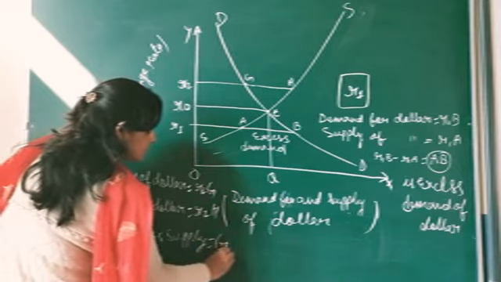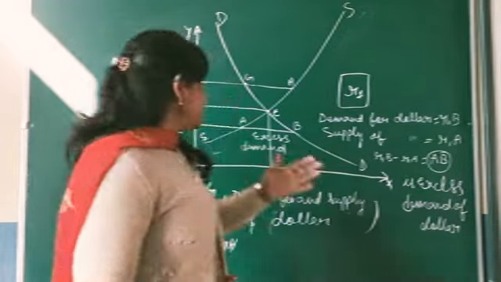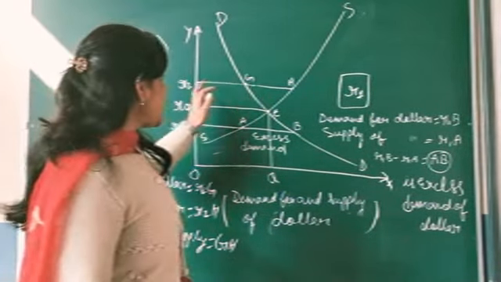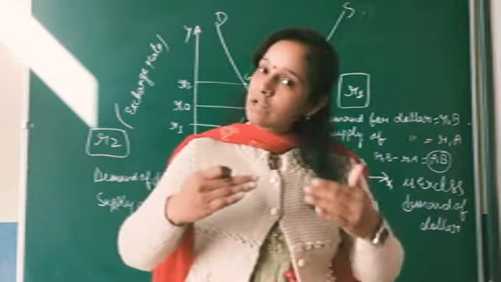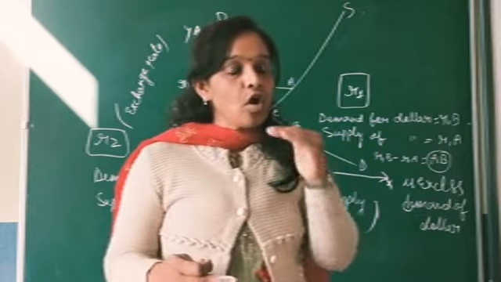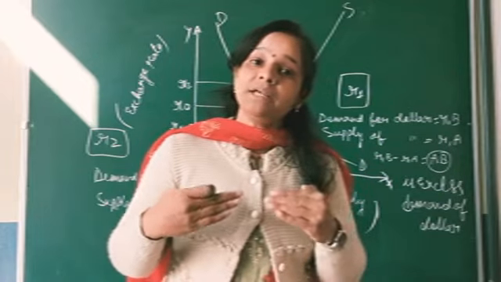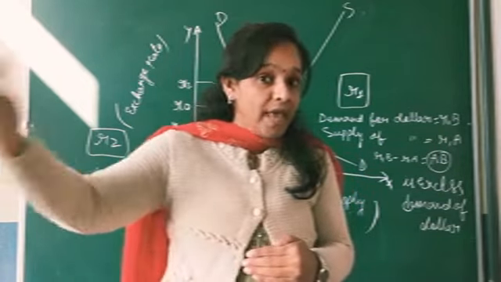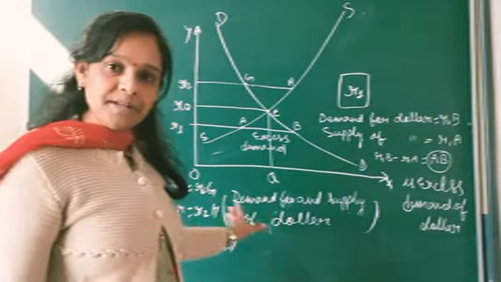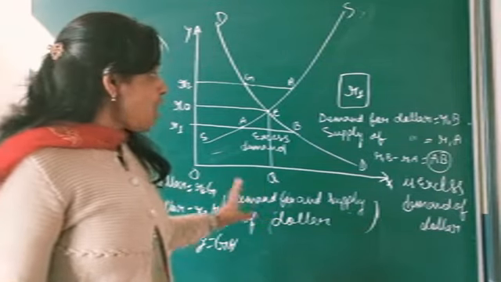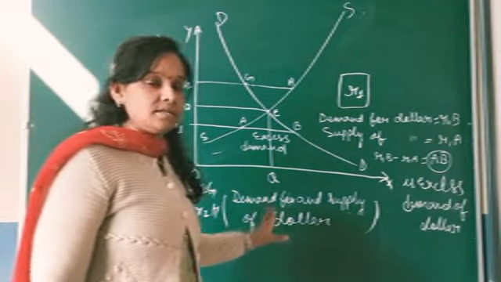Means there is excess supply by GH. मतलब डॉलर की सप्लाई ज्यादा है, डिमांड फॉर डॉलर इज ओनली R2G and supply of dollar is R2H. तो क्या होगी? Definitely the price of dollar will fall. Means the value of dollar will depreciate. If the value of dollar depreciates, then automatically the value of rupee will appreciate. Is it clear? Fine. So this is the complete explanation of the determination of foreign exchange rate in a flexible exchange rate system. Is it clear?